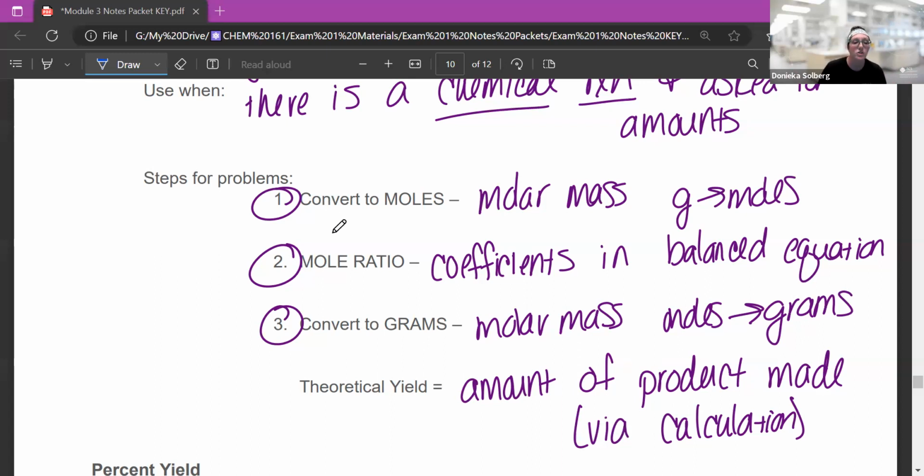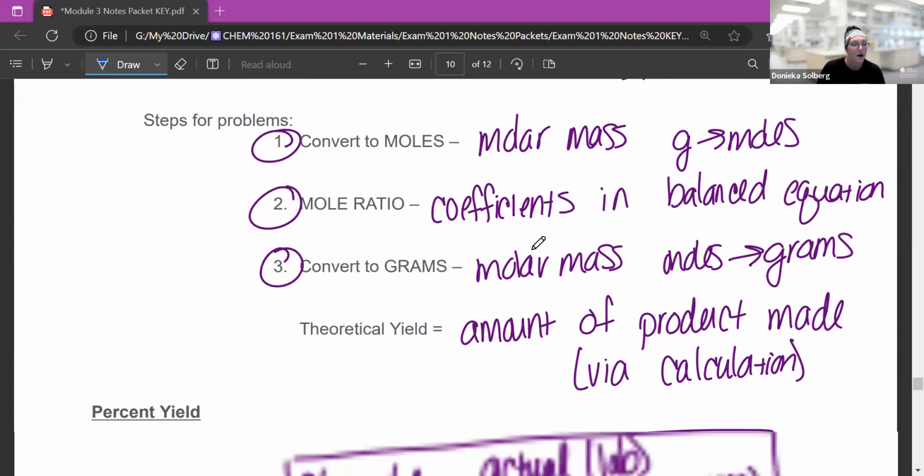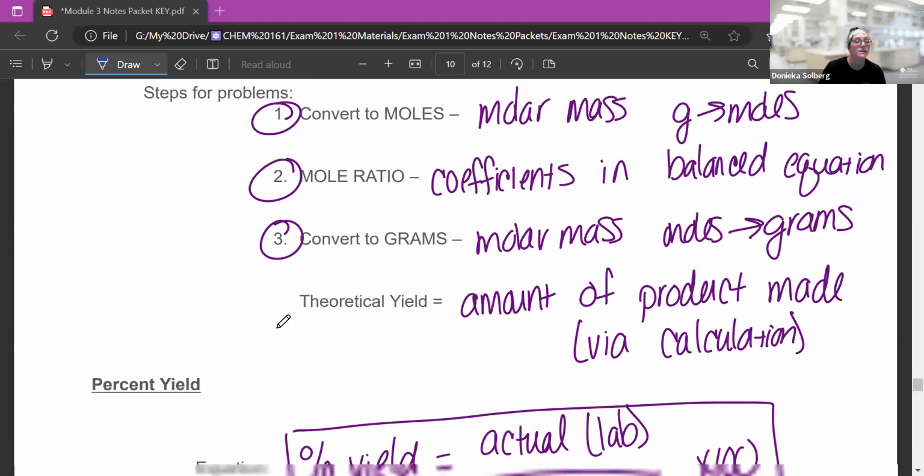So convert to moles, mole ratio, convert to grams. That's what you should be saying over and over in your head. Now, sometimes you don't have to do step 1 or 3 if I'm already in moles or if I ask for moles, but you always have to have a mole ratio if there was a chemical reaction. This is the most important step. Okay, so I am going to show you how to do one of these in a minute, but before I do that,